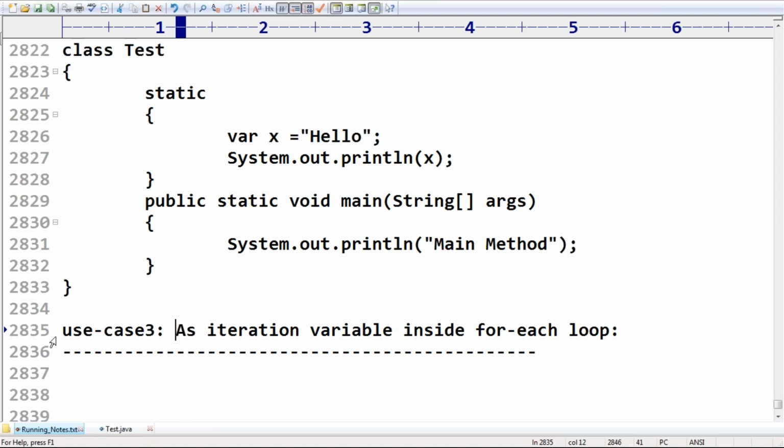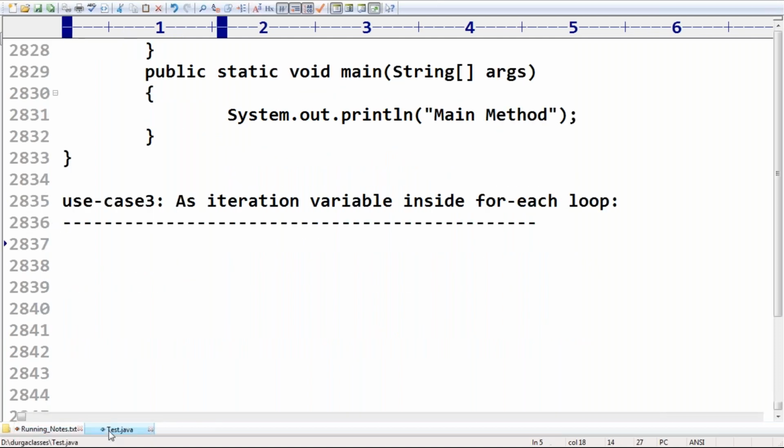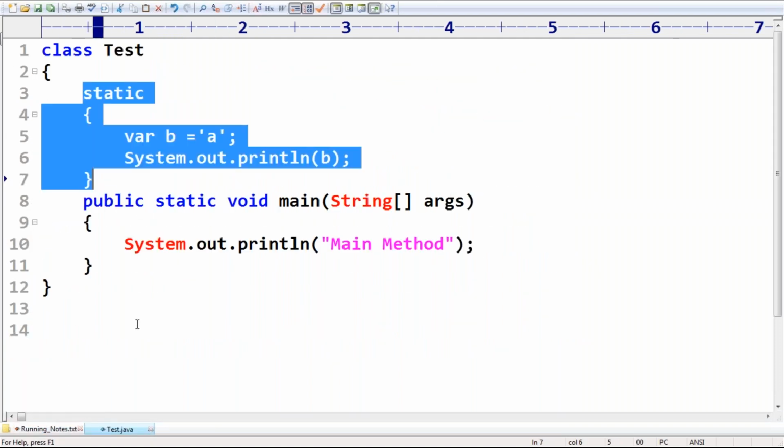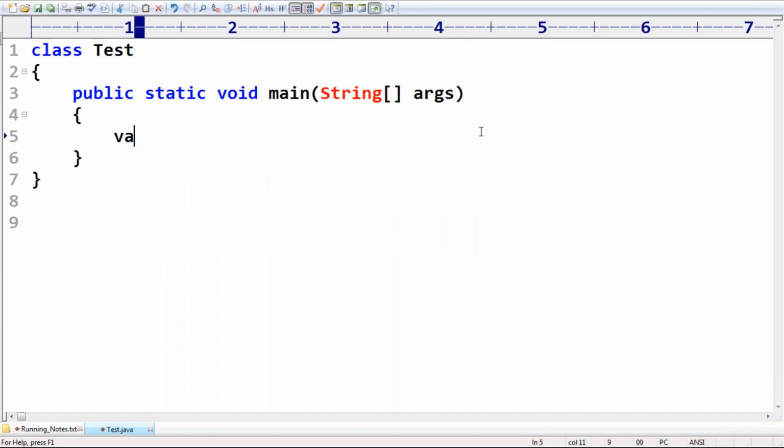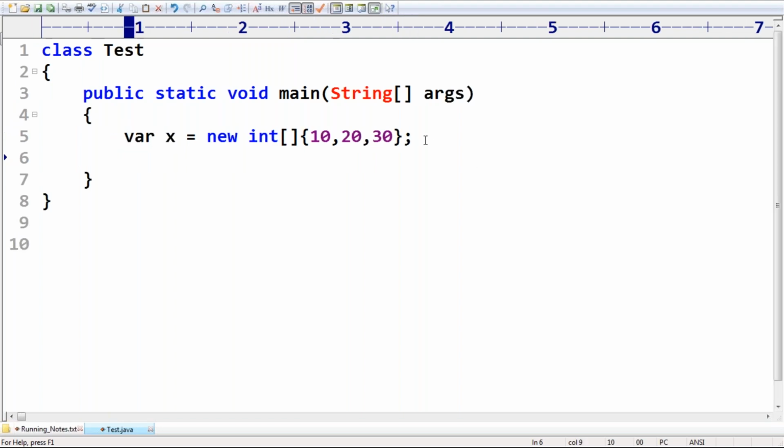Now here, just have a look once, sir. Have you remembered? I'm taking x is equal to new int array of 10, 20, 30. Can you please guide, is it an anonymous array? Which type is it? You are specifying it's already an int array. Now this type can be initialized, no problem at all.